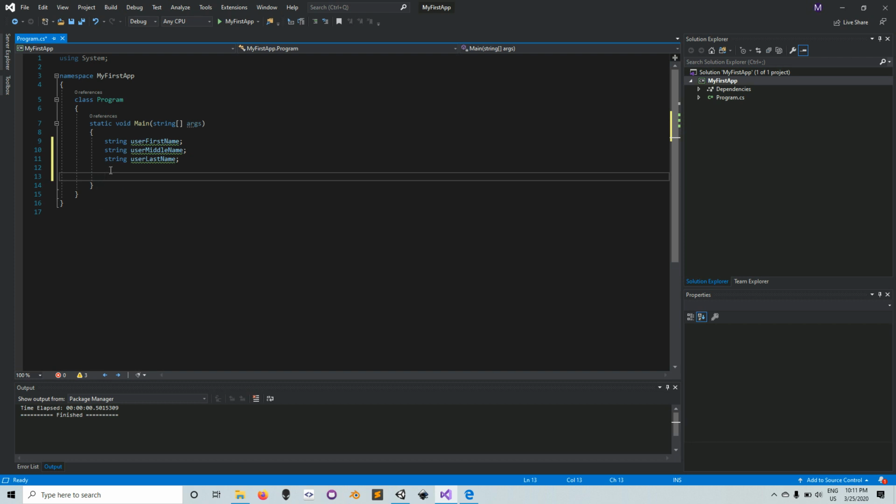Maybe let's collect the name of the user first before we continue, or we could create all the variables first. Okay, let's declare all the variables first. So let's declare the father's name. Call it fatherFirstName. So these variables will store the names of the father. String fatherLastName,